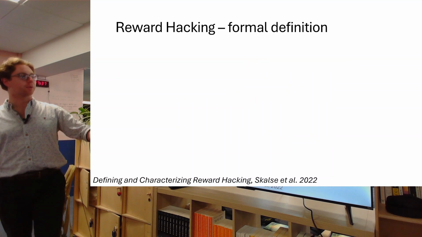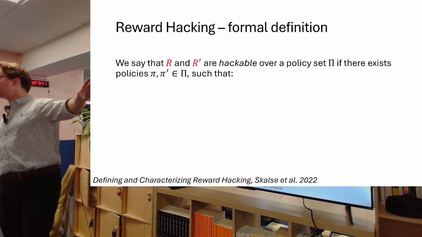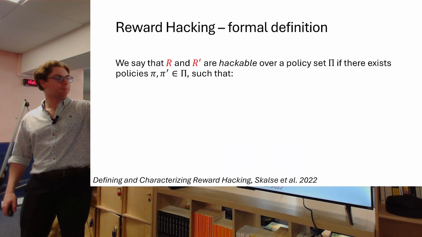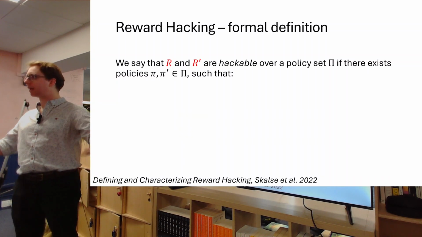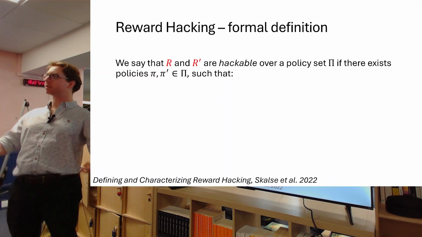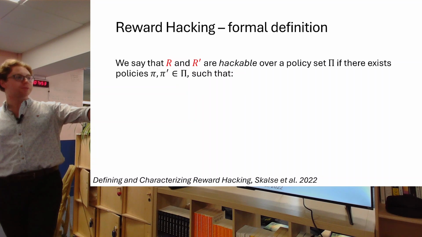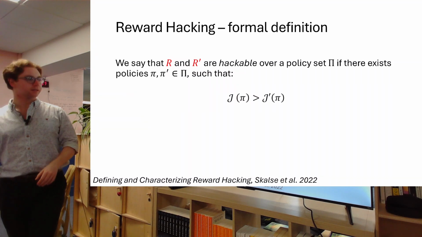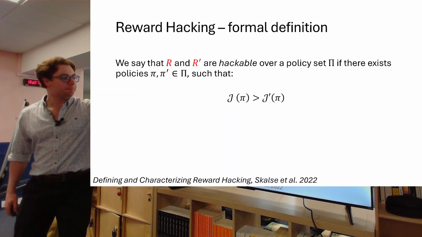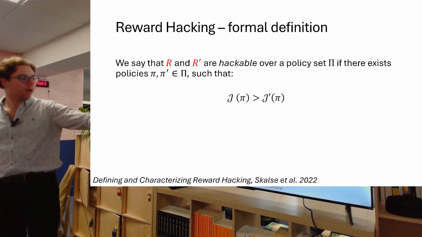So let's see how we can flesh this out mathematically. We say that these two rewards, r and its proxy r prime, are hackable over some policy set, some set of available policies. This could be all policies that can be represented by my neural network, for example. If there's a pair of policies such that my policy pi is doing better according